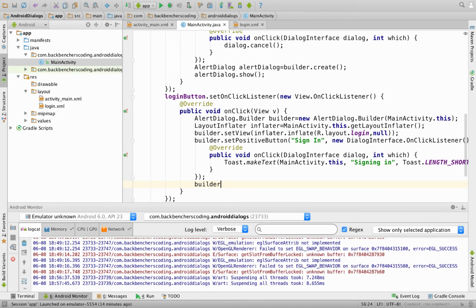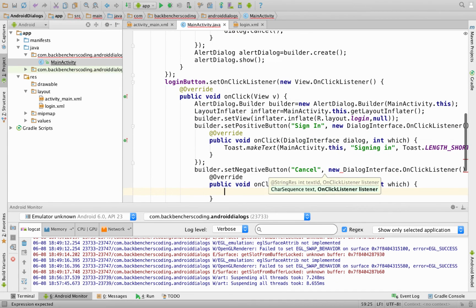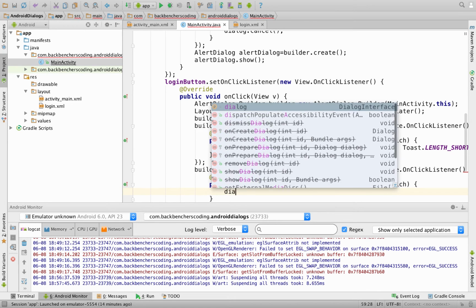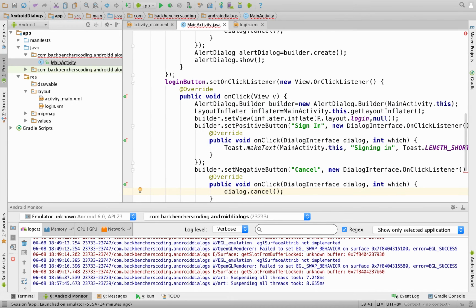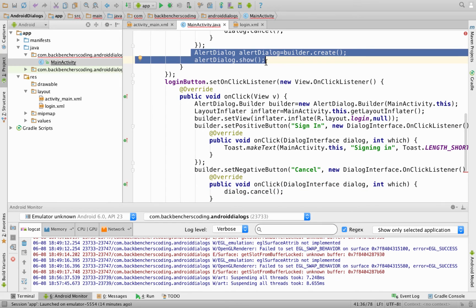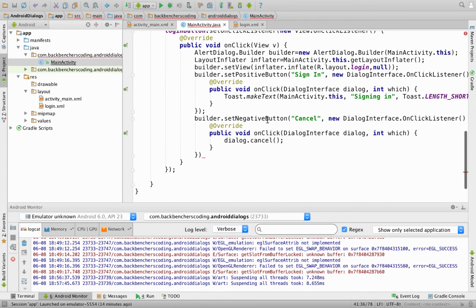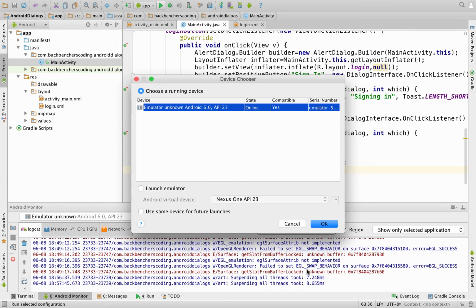So builder.setNegativeButton, here the text would be Cancel, and we are going to apply a listener to it, new DialogInterface.OnClickListener, which overrides onClick, and we are going to write here dialog.cancel. Now copy this statement of AlertDialog and alertDialog.show and paste it over here. Save your project, and now we are ready to run it.